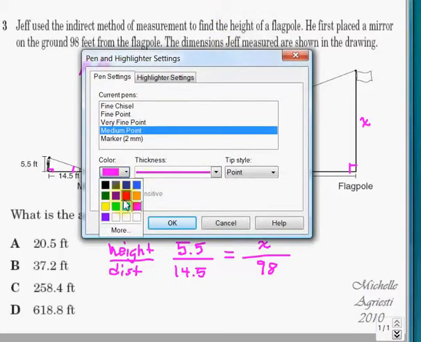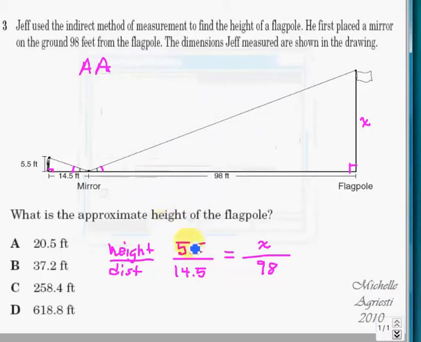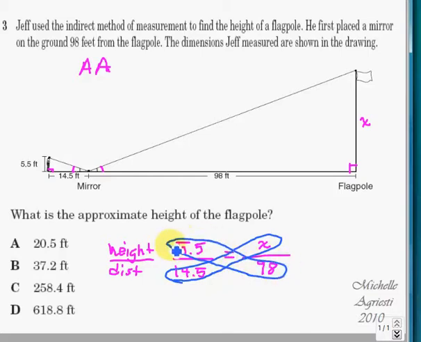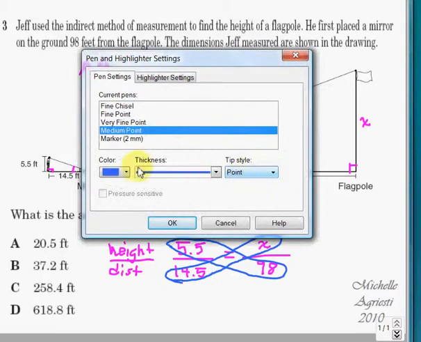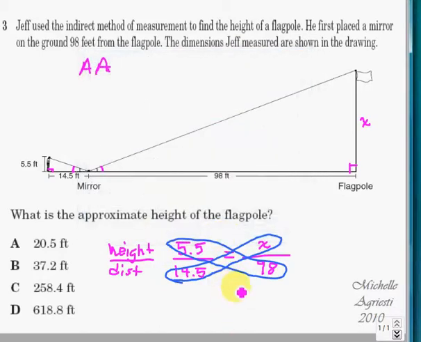Let's just change colors here a little bit. What we want to do with the proportion is cross multiply. So I'm going to multiply one denominator by the other numerator. Then I'm going to multiply the other two and set those equal to each other. So here we have 14.5x